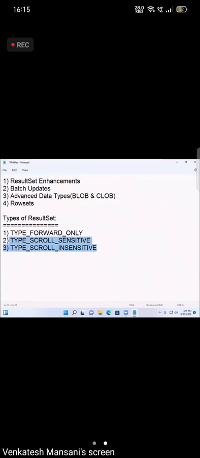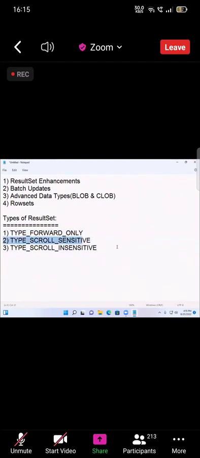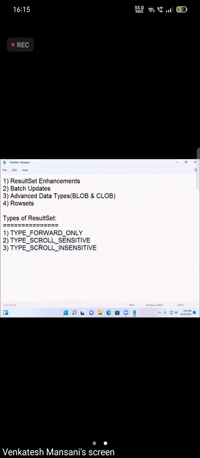Backward, and this will not support absolute and relative positions. These two support both absolute and relative, and these two differ in that one will show changes made by others, and the other will not show changes made by others. That is explained. Okay. Now, how to use all of these I'll explain, but before going to that one,